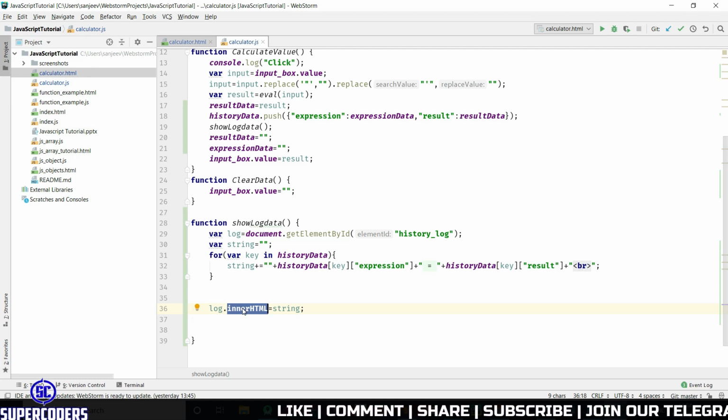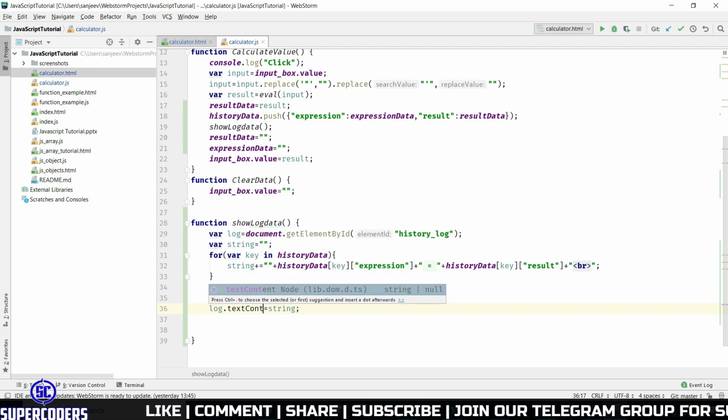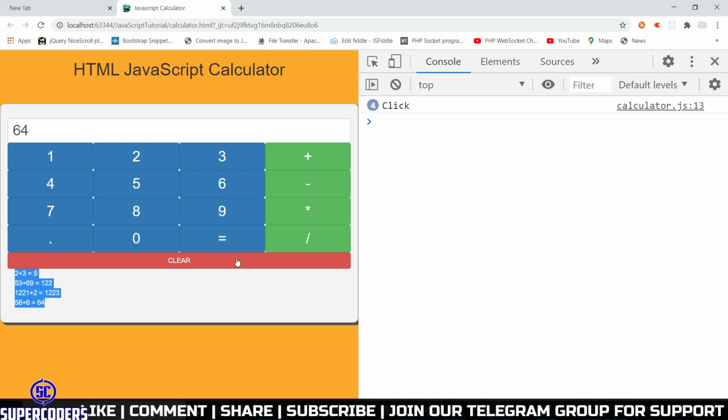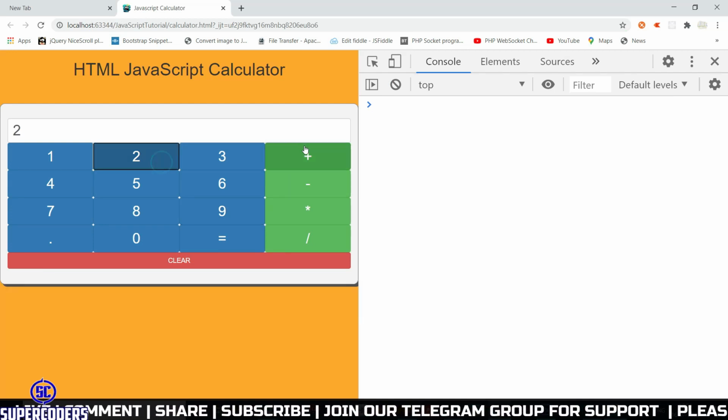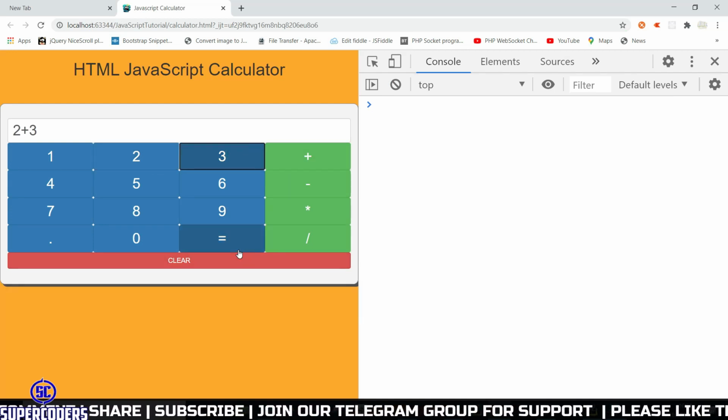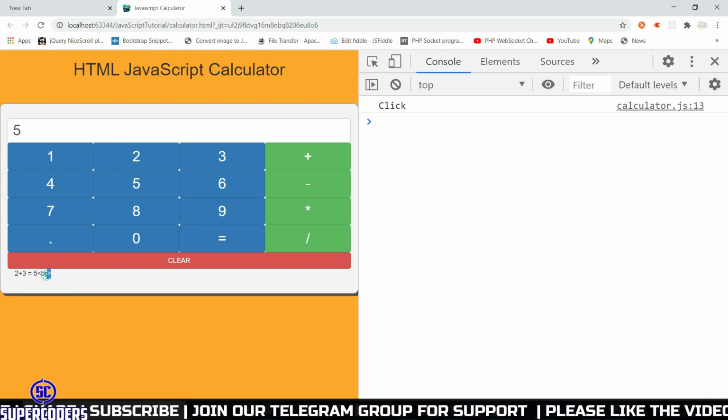That's why I use innerHTML. Now let's see what happens if I use textContent. 2 plus 3 equal to, you can see it renders as a string, not as HTML. That's why I use innerHTML for rendering this BR in HTML format.